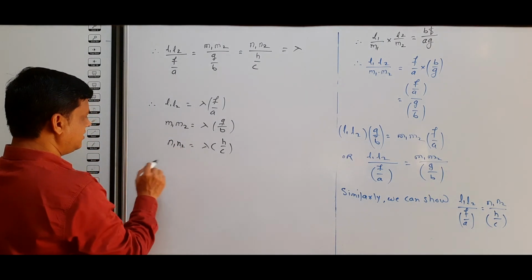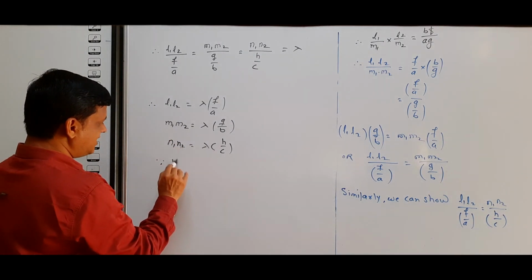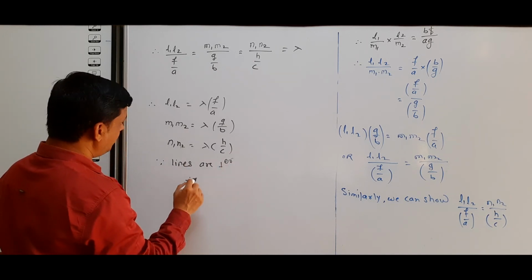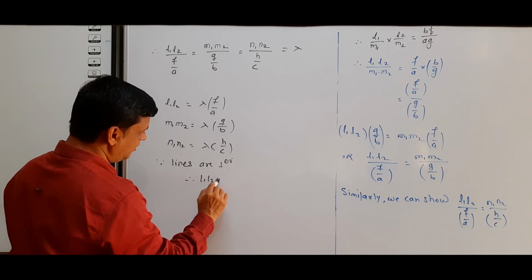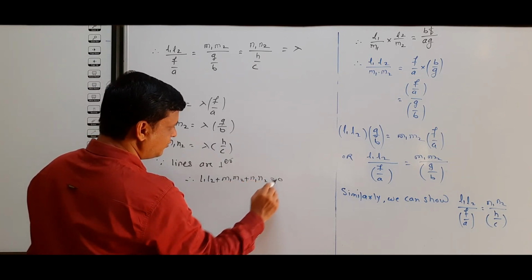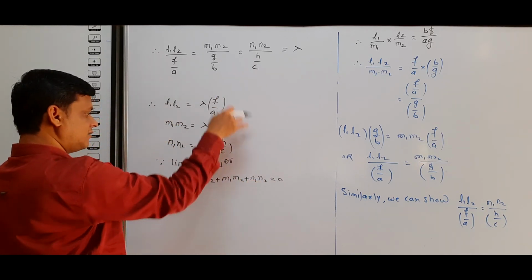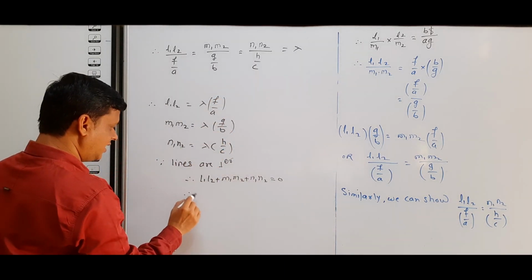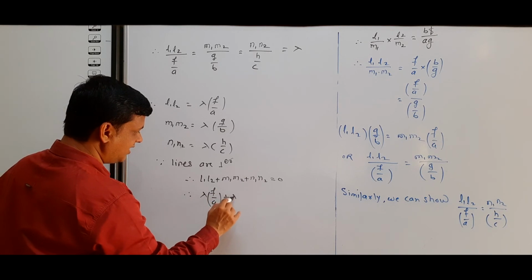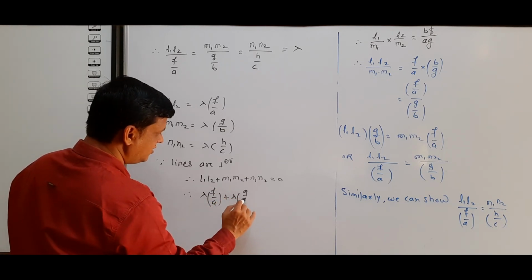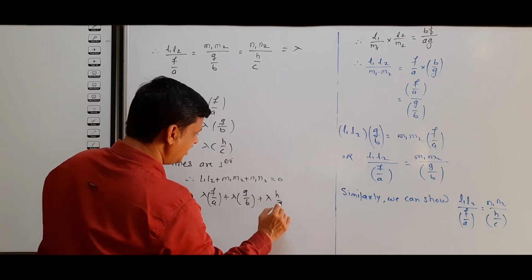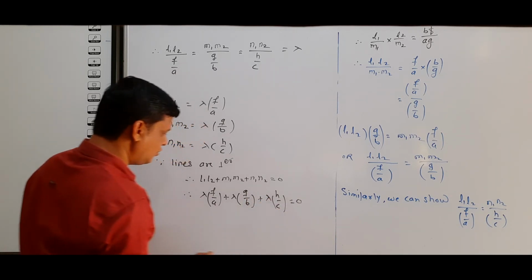So we write here, since lines are perpendicular, therefore by condition L1 L2 + M1 M2 + N1 N2 is equal to 0. That means this sum is equal to 0, that is lambda into F by A plus lambda into G by B plus lambda into H by C is equal to 0. Therefore